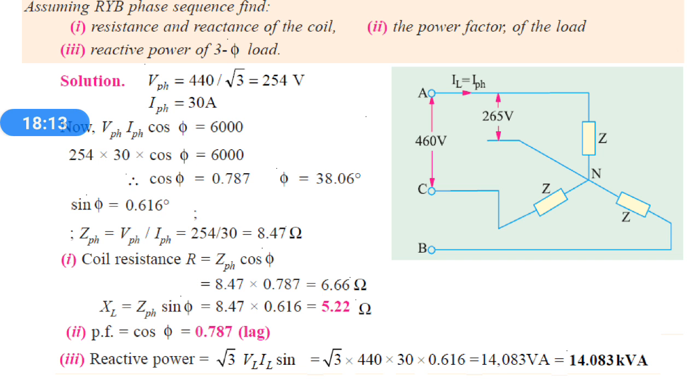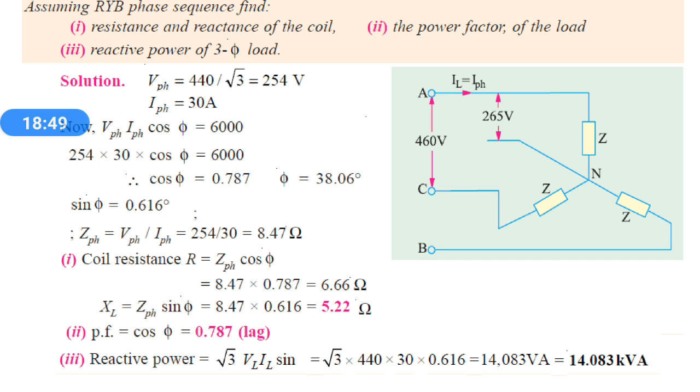Third one is reactive power of the three phase load. So the reactive power equation is root 3 VL IL sin phi. The sin phi value we also calculated, that is 0.616. So reactive power equal to root 3 into VL is 440 into IL is 30 into 0.616. We will get 14,083 volt ampere